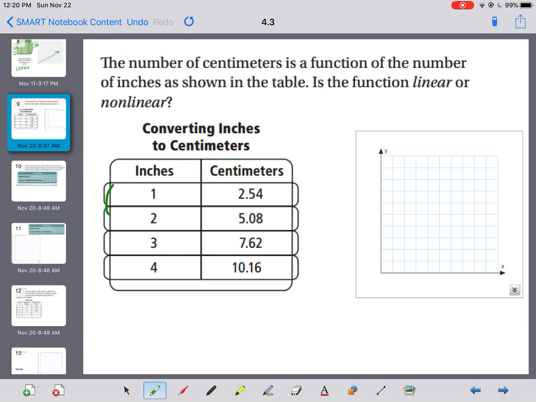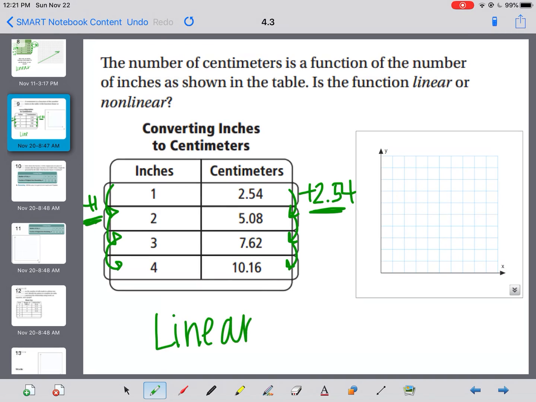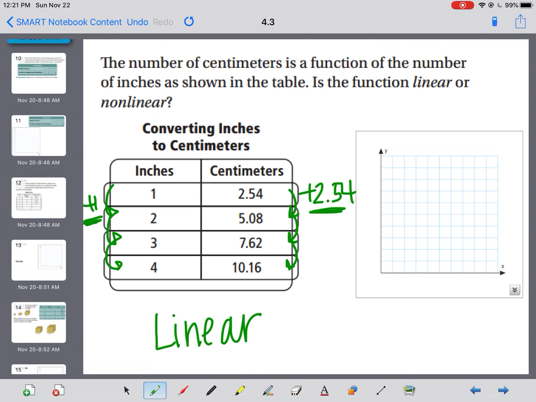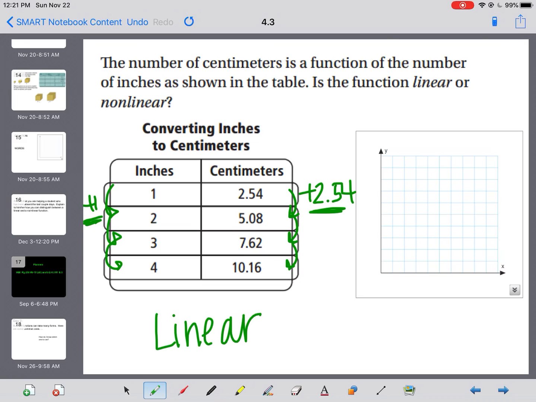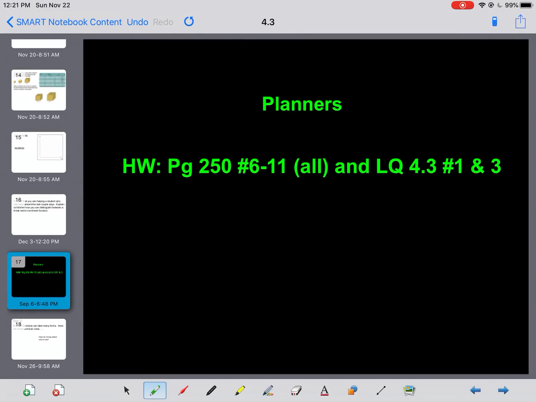One more example before I let you work on the part 1 questions. The number of centimeters is a function of the number of inches as shown in the table. Is the function linear or nonlinear? On the x side, it looks like we're adding 1 every time. On the y's, it appears to be adding 2.54 every time. So for every 1 inch, it's another 2.54 centimeters, and it's changing by the same amount every time. So this one will be linear. All right, in your book,